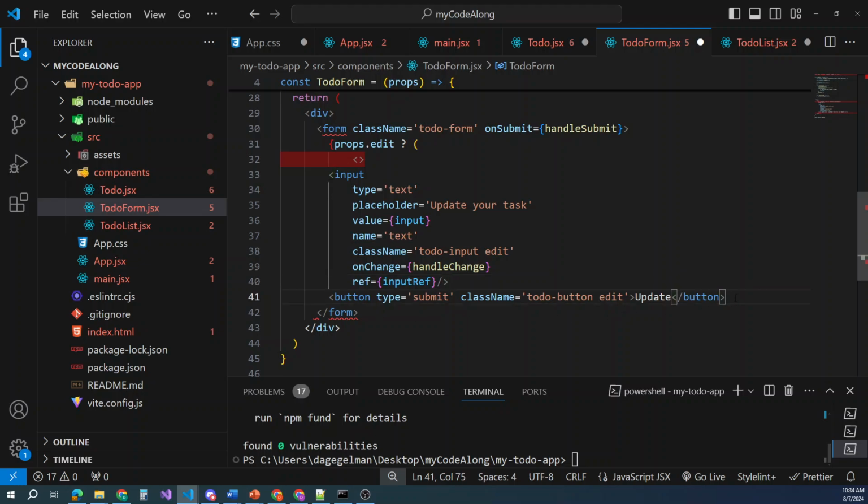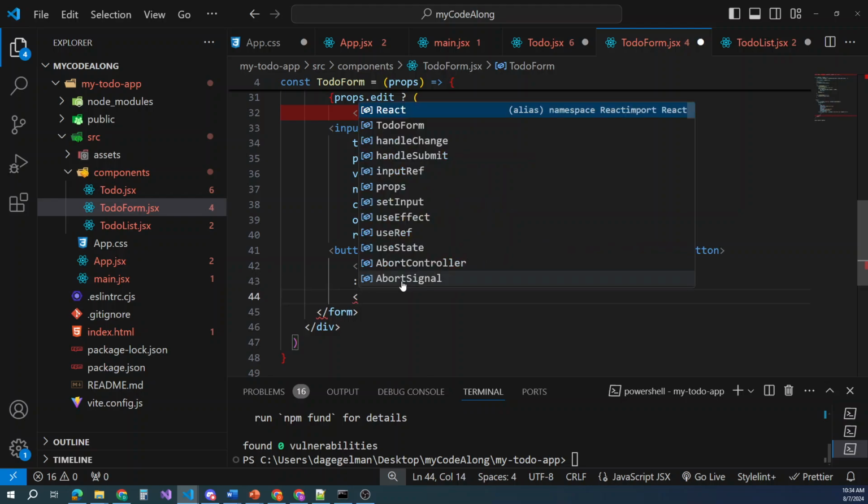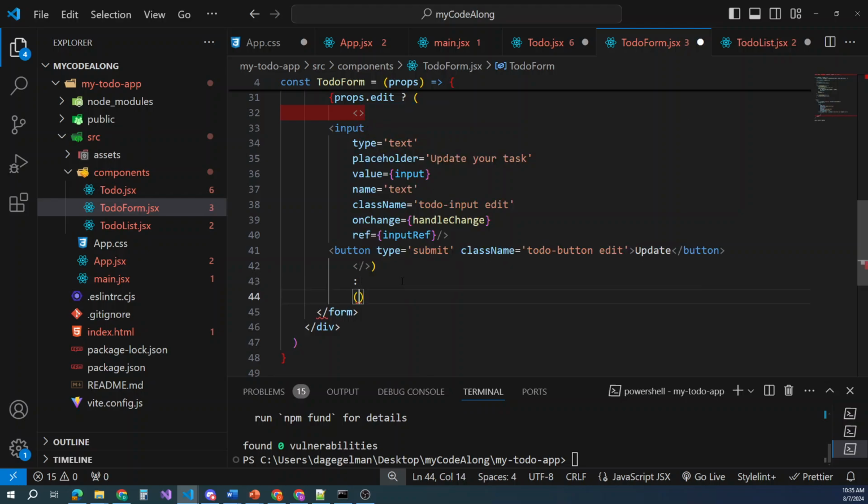And then after the button, we're going to close that there, and then put the parenthesis behind it. This might be overkill. I don't remember doing all this last time, but